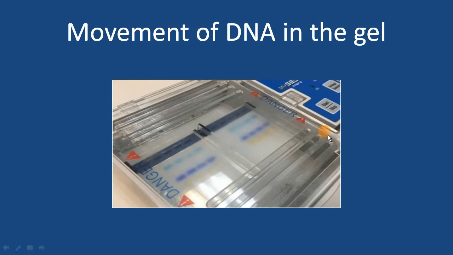After switching on the electric current, there will be movement of DNA molecule. Now this color mixture, you could see one orangish color, one blue and one cyan blue. So 3 different colors we have used just to track how much distance the DNA molecule has traveled. Okay, so this blue color, orange color is not actually your DNA because DNA is colorless.